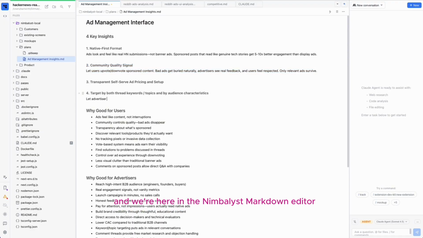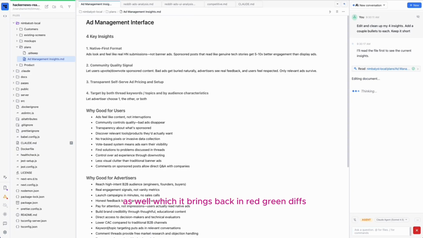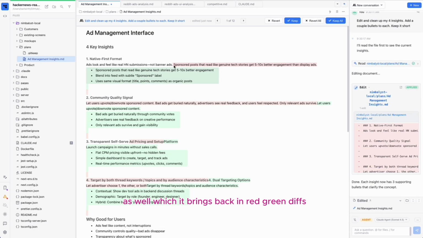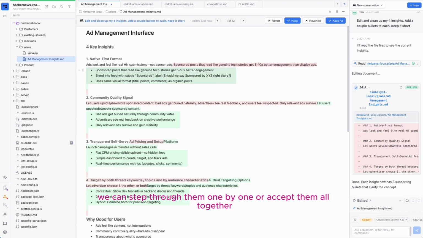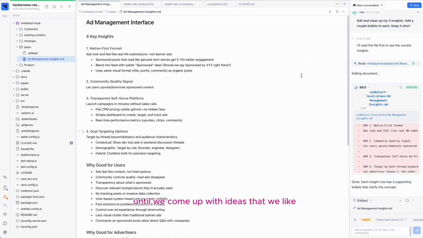And we're here in the Nimbalyst Markdown editor, making changes to our core idea for that feature, and working together with Claude Code to have it make suggestions and changes as well, which it brings back in red-green diffs. We can go and make edits to those, we can accept them, we can step through them one by one or accept them all together, and we iterate back and forth with Claude Code until we come up with ideas